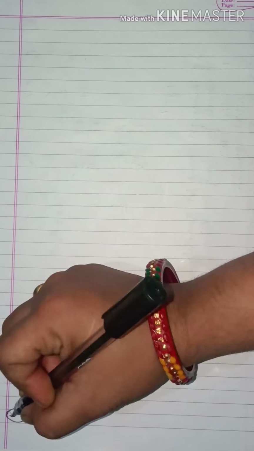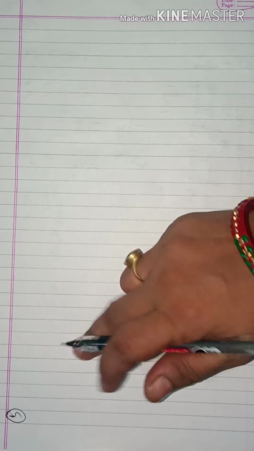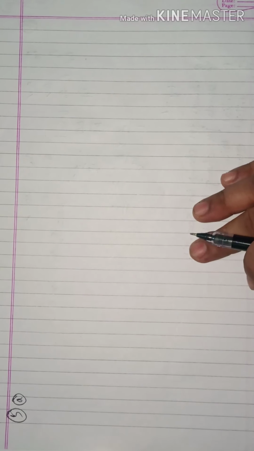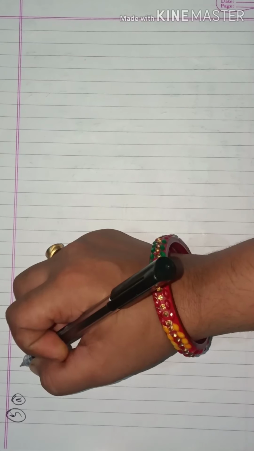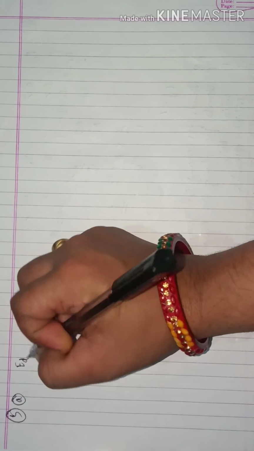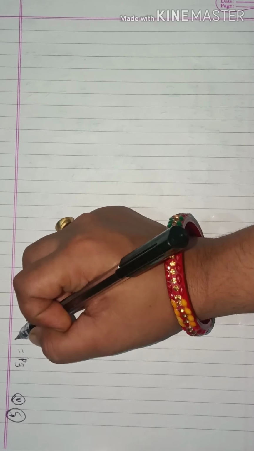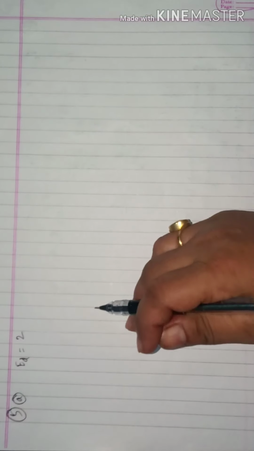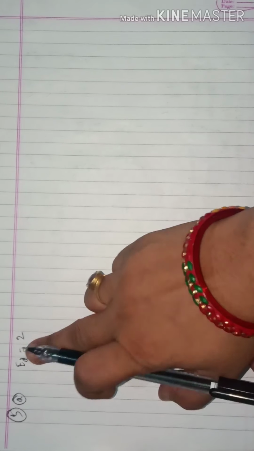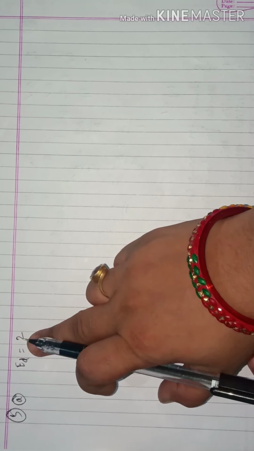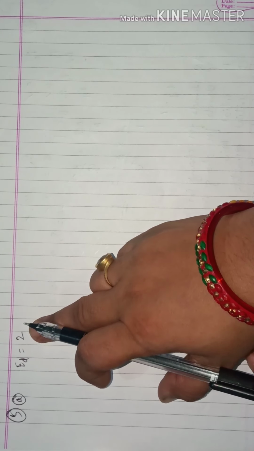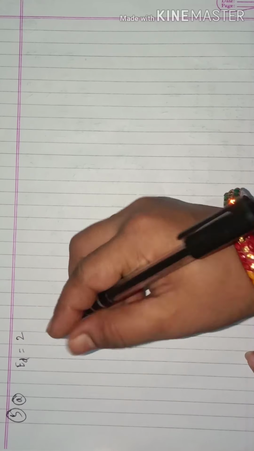Now let's start the fifth sum. I will explain only one part of the fifth sum, that is the A part. B you will solve on your own. Now what is being given over here? Price elasticity is given. What is my elasticity of demand? They have given 2. Do remember, whenever price elasticity is mentioned, they have given elasticity of demand. Now the elasticity of demand is 2.